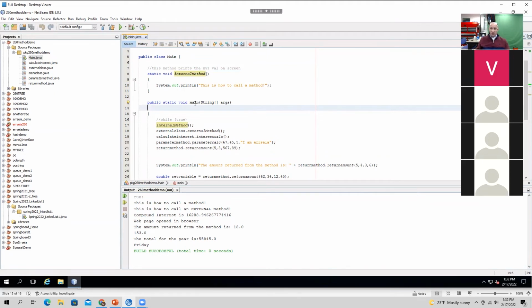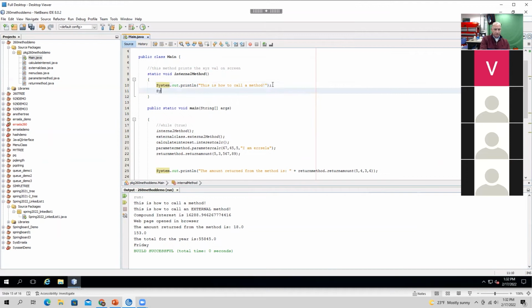The way you tell a method to run inside of a class is by calling the method, just typing the name of the method with its parameters, the 2 parentheses, and then whatever that method is looking for, all right? In the case of internal method, we're not asking it to do anything but run whatever it's told to do. What is it told to do? It's told to system.out.println, right, output this text. Okay, notice how every time you have a line that you want it to function and stop, you have to have a semicolon.